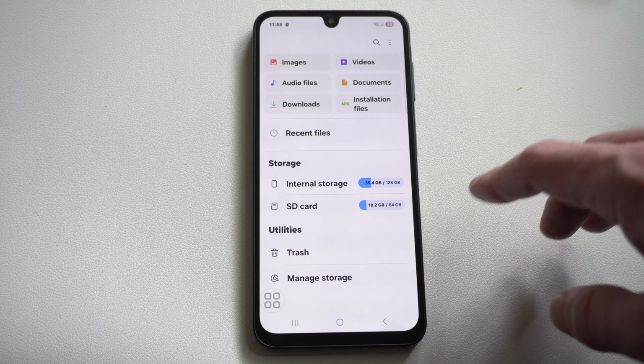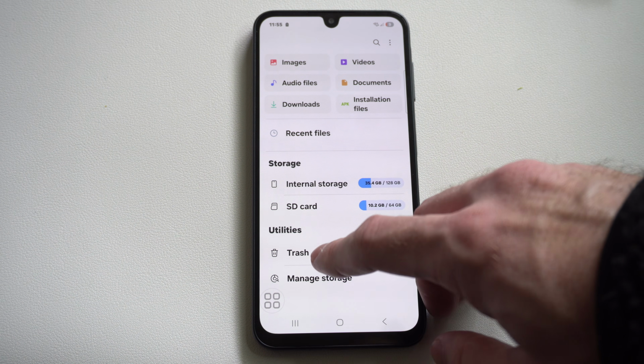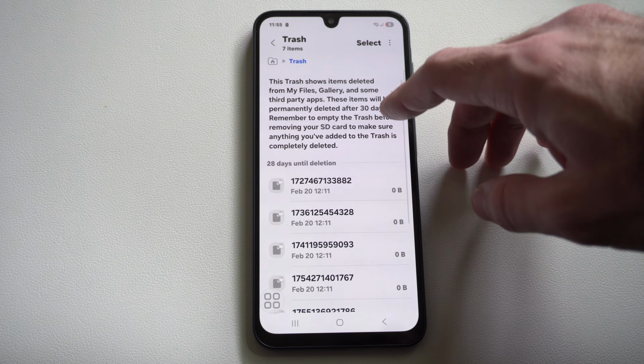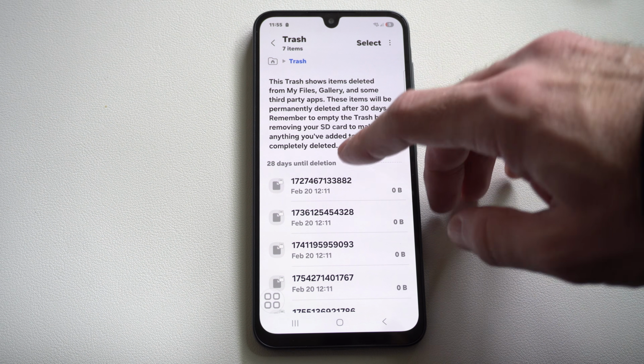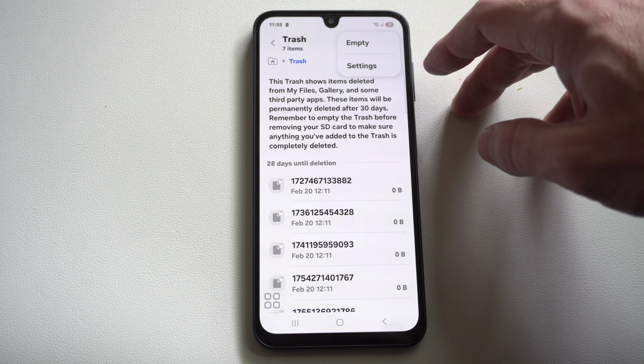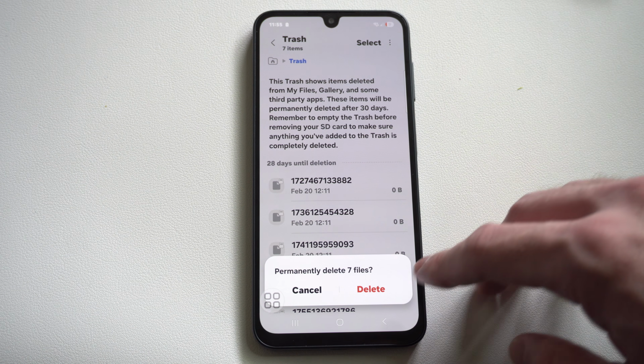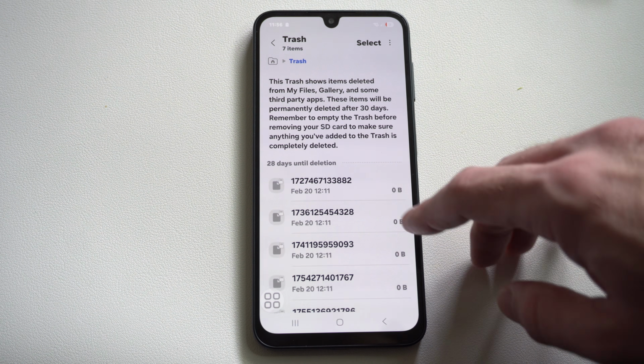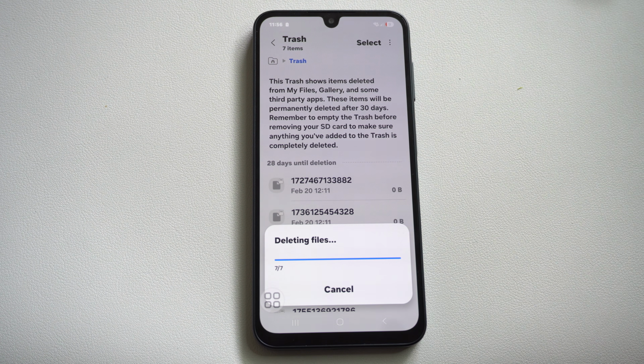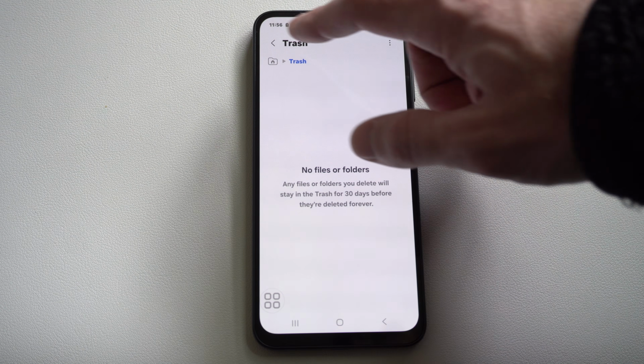So it's not called recycling bin, it's called trash. And we can just go to it now. And if we have anything in here, we can retrieve it, or we can permanently delete it by going to empty. And we can delete everything. So if you want to retrieve it, just click it, and there will be an option to restore it now